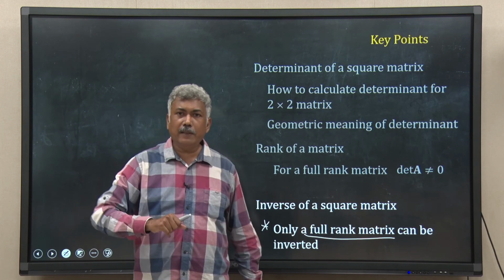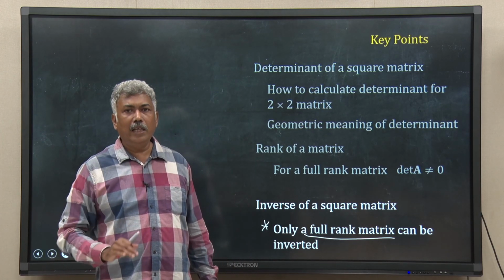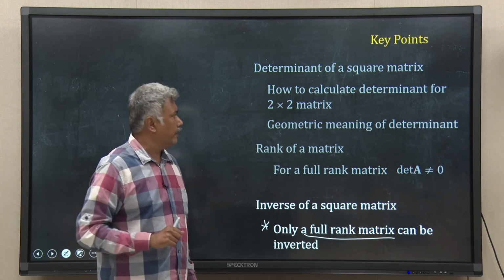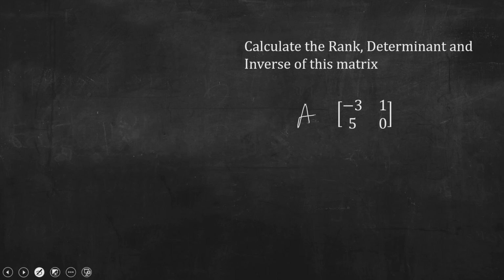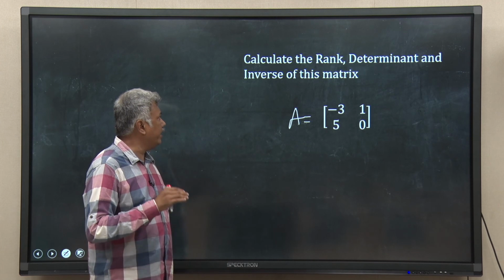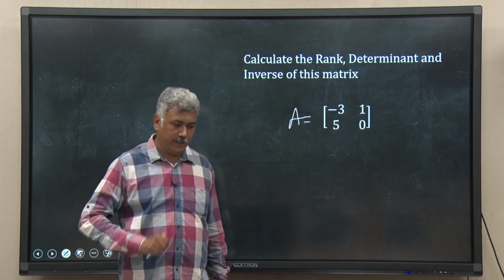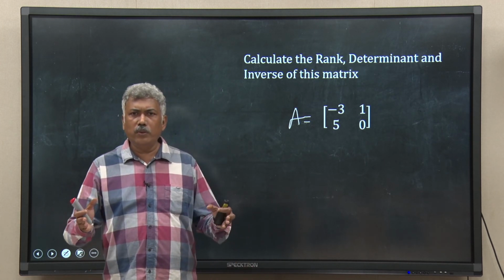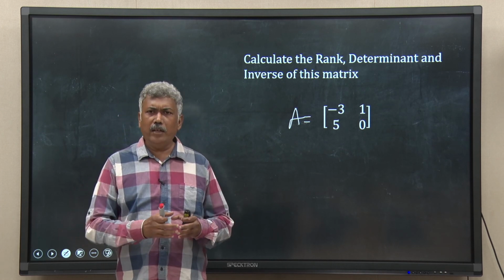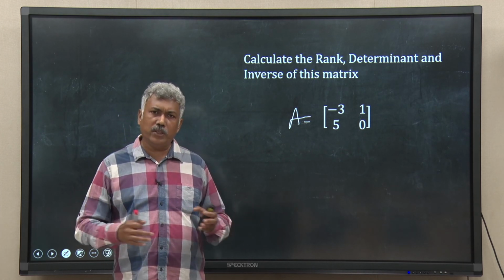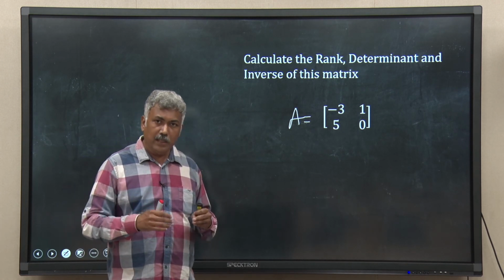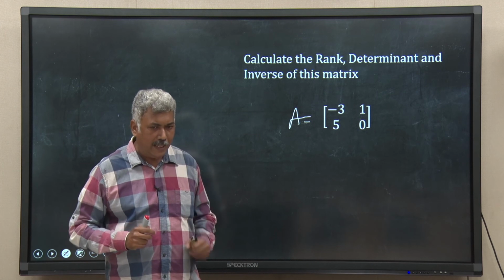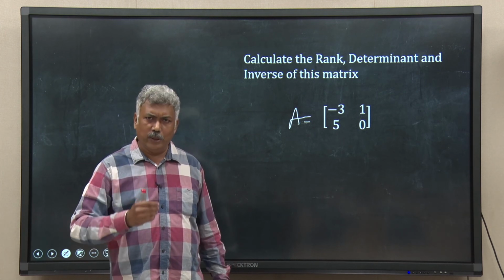That is all for this lecture, but before I end, I will leave you with a problem, a simple one. I have given a matrix here, say let us call it A. What you have to do is calculate the rank, determinant and inverse of this matrix. Now, if you search on the web, you will find lots of online calculators which can calculate the determinant, inverse and rank of a matrix. You can try those, no problem in that, but I will insist, why do you not try yourself by paper